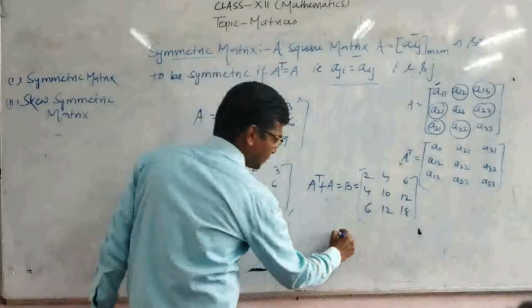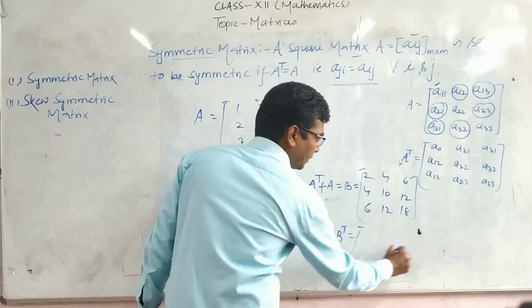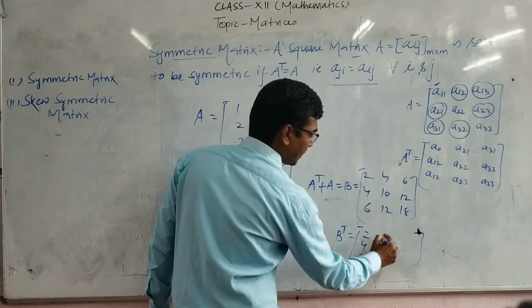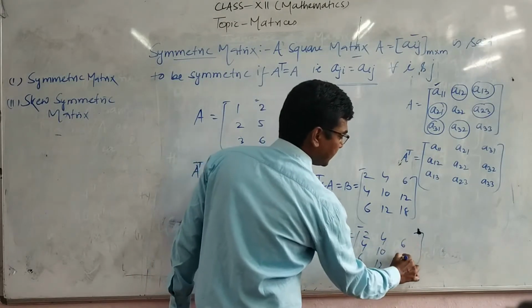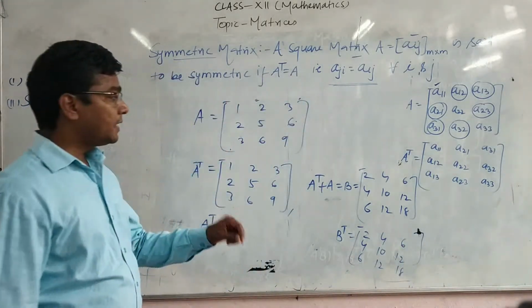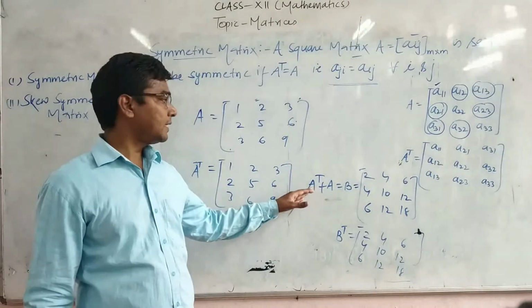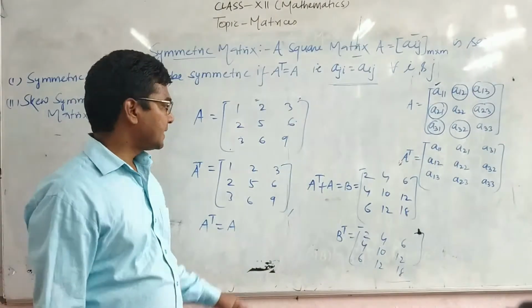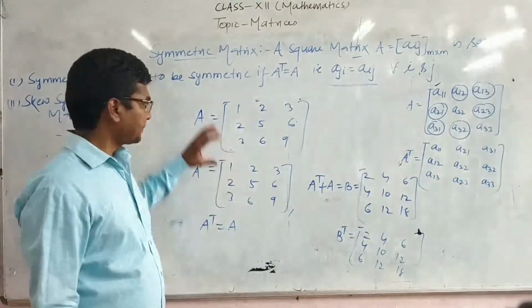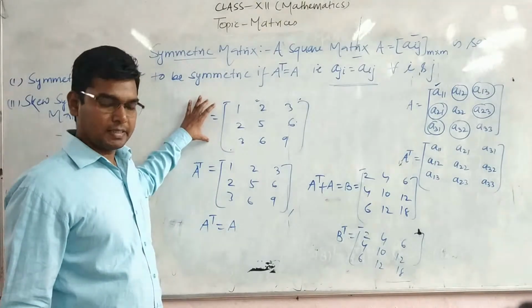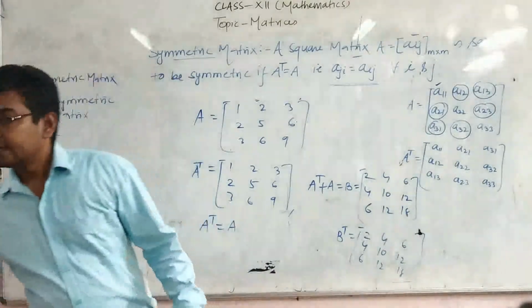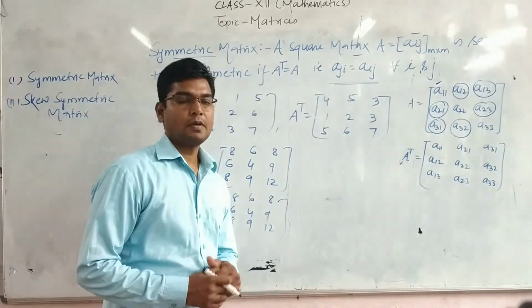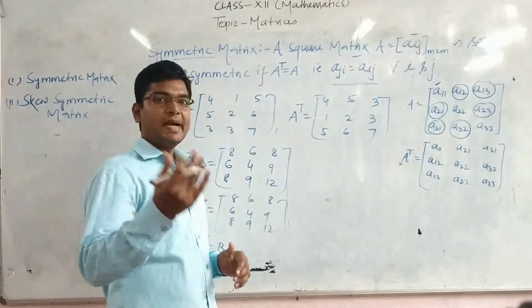If you take the transpose of this matrix B, it will remain the same. You can see here that it is the same. It means the sum of the matrix and the transpose of that particular matrix will again be a symmetric matrix. But this example used a matrix that is already symmetric. Let us check whether it holds for a matrix which is not symmetric.